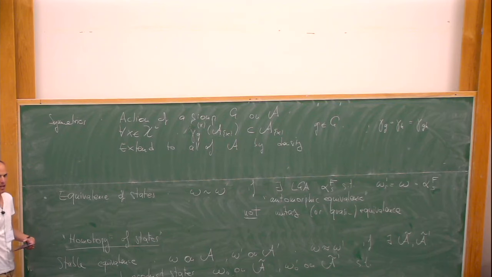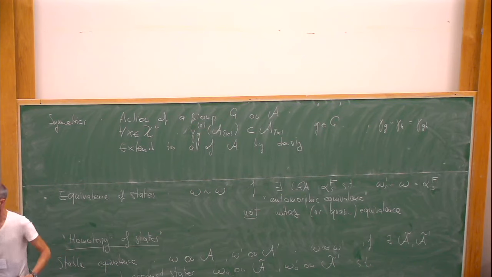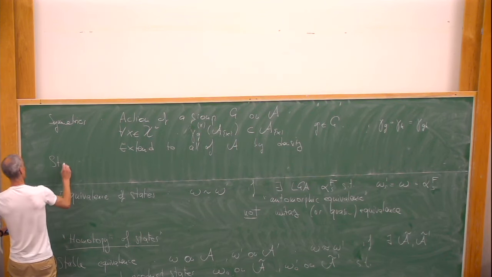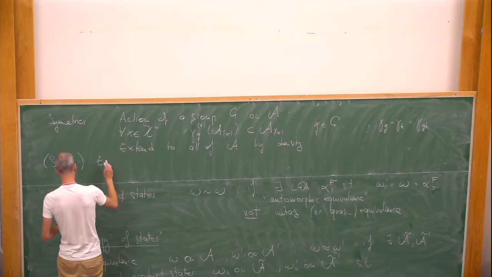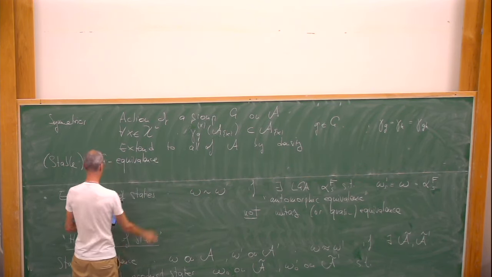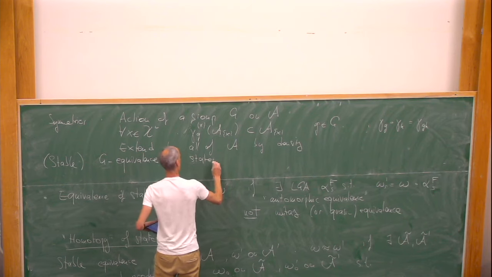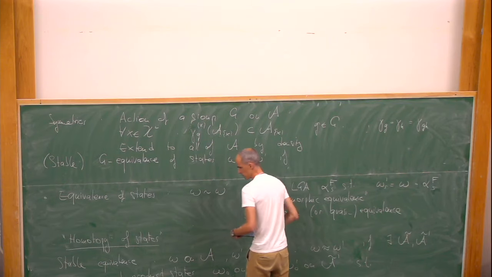So you see, now that I have an extra player, I have not only the algebra and the state, but I have the symmetry. And so all of these things, the Hamiltonians, the LGAs, you can again ask that they satisfy some invariance. So now we can define, stable or not. So I put that stable in parentheses. Stable equivalence, or stable G equivalence now, of states. So omega is stably G equivalent to omega prime. If what? Well,